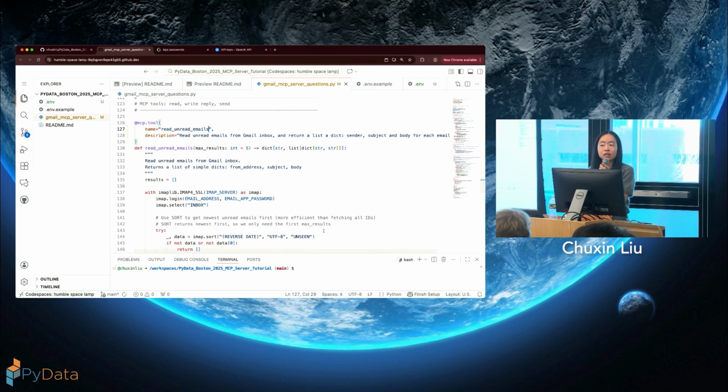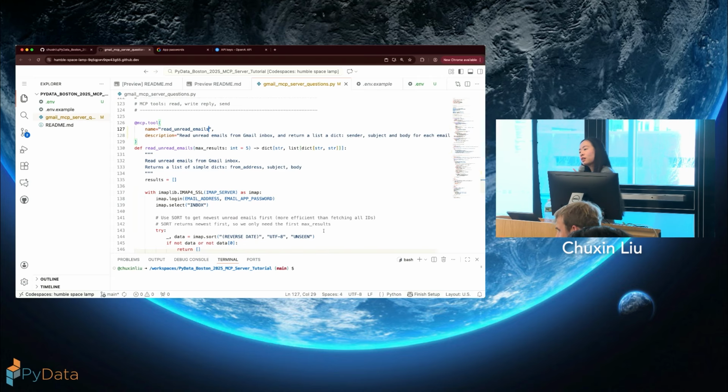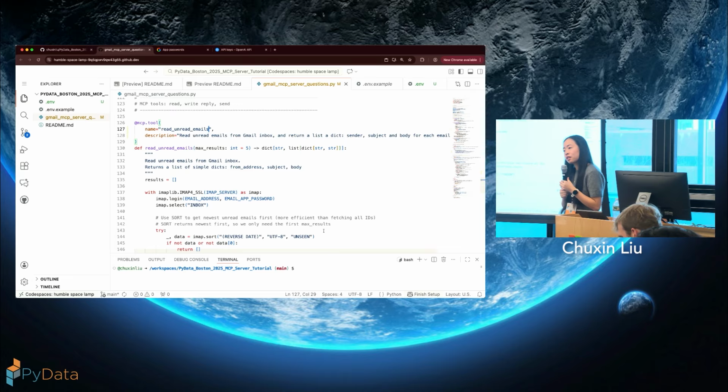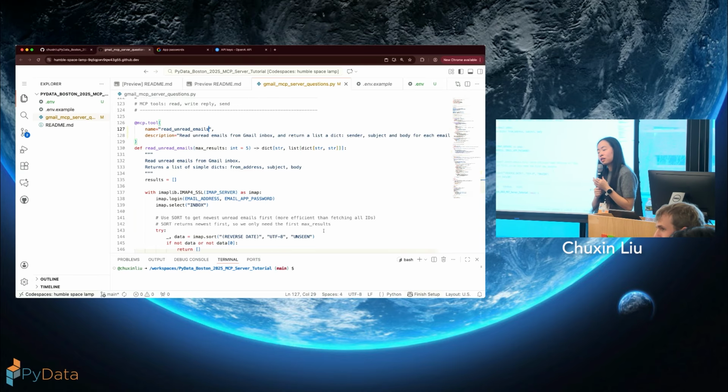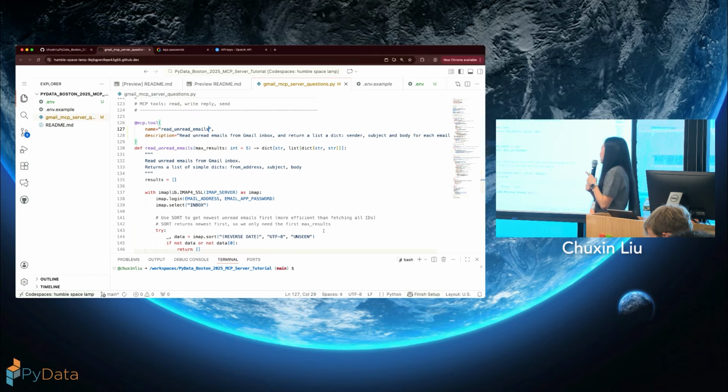There is a question. When it calls these, does it run on my laptop server or where is the code being executed? We will cover that later. Everyone will read their Gmail from your MCP inspector, not by yourself for the first time.